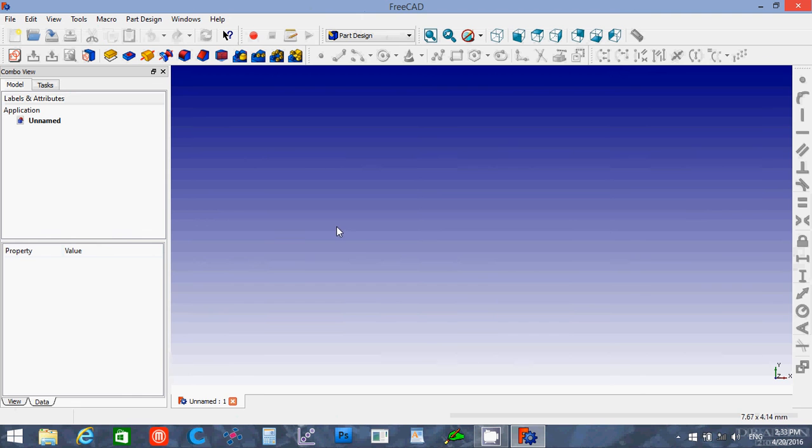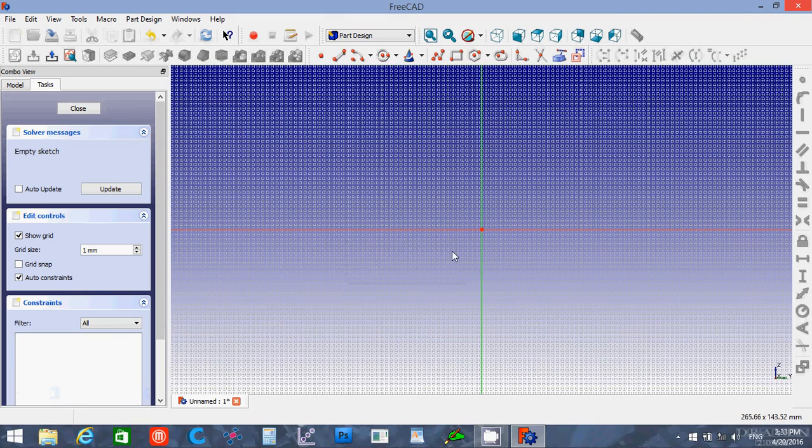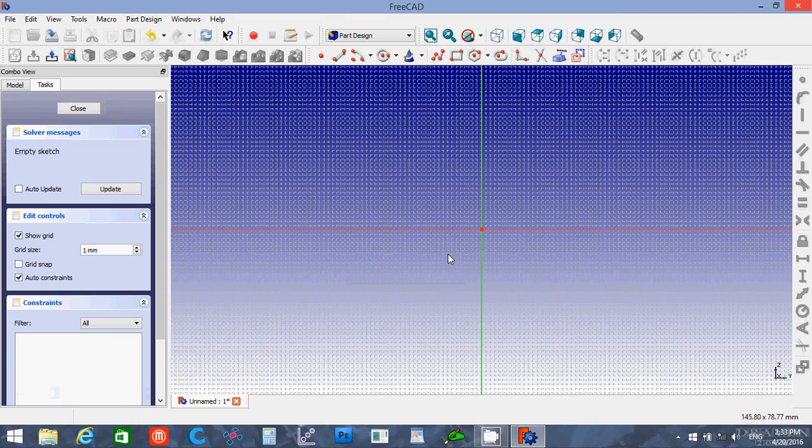Another project we could try for the Revolve tool. I just created a new document, created a new sketch. Like I said, it doesn't really matter which direction you go here. And this time what I'm going to do is sketch a knob for a cabinet. Oops, I forgot. Okay, because I'm doing a knob for a cabinet,